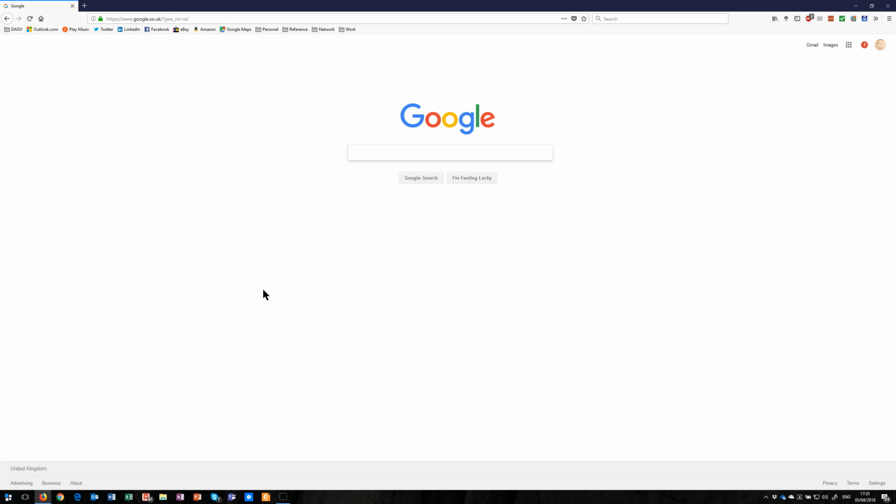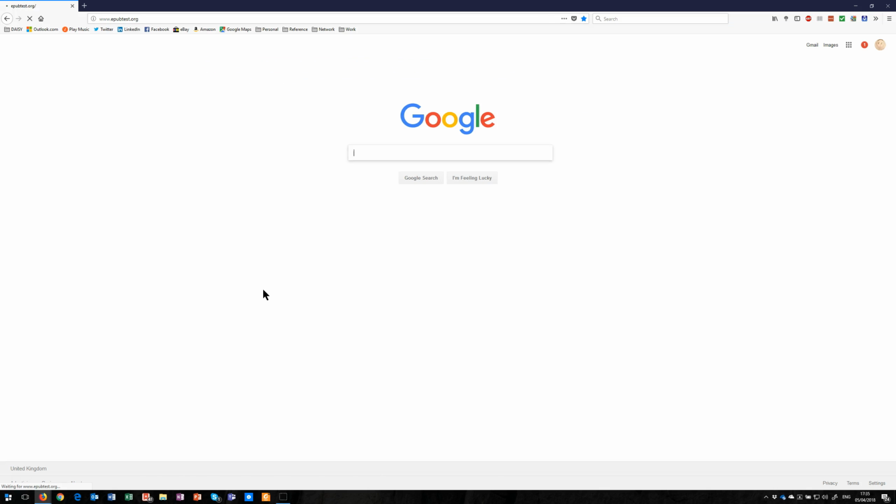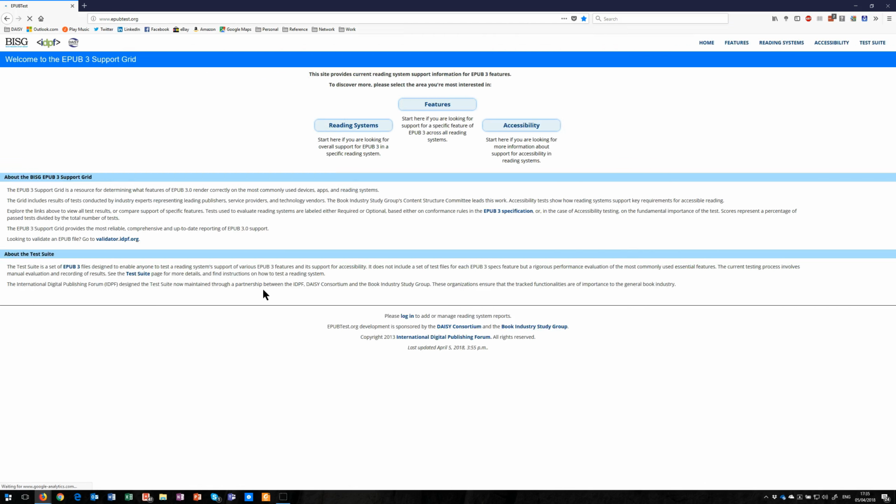Google Mozilla Firefox. Google Navigation toolbar. Combo box collapsed has autocomplete. EPUB test Mozilla Firefox. Okay, so here I am in epubtest. If I move through these links, Navigation landmark list with 5 items. Home visited link. Features link. Reading systems link. Accessibility visited link. Test suite visited link. These are the items on the navigation bar at the top, but actually further down the